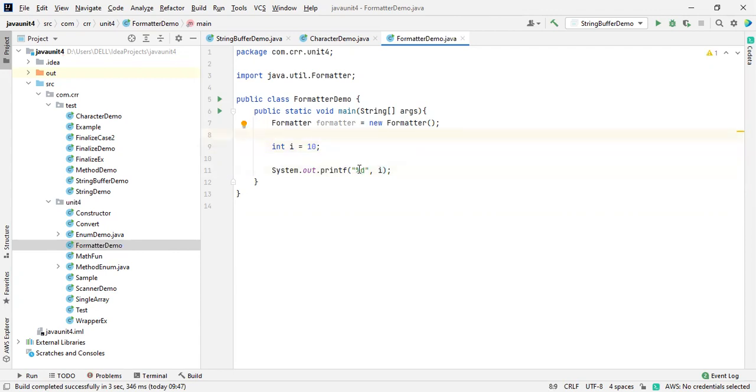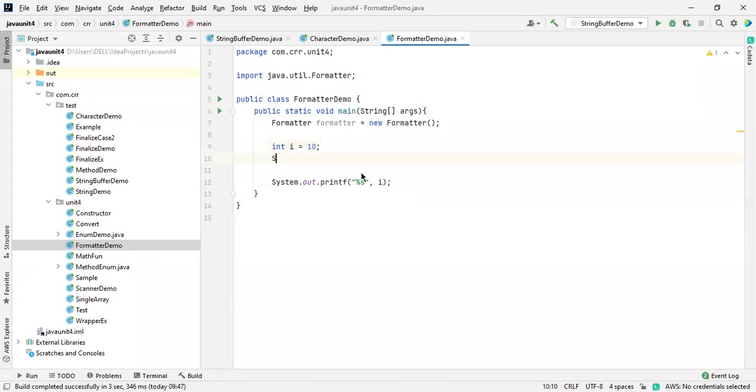So if you want to use a printf statement inside Java, you need to mention %d. Why did I mention the d over here? Because i is an integer. Okay. If it is a string, I have to mention it differently, though it won't throw any error.